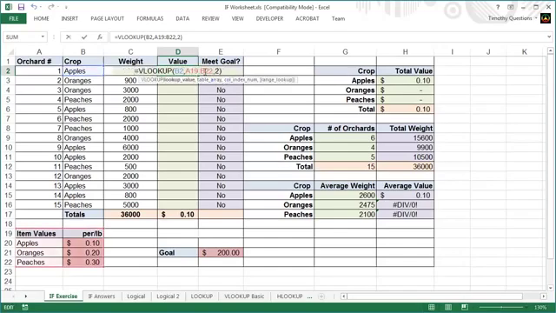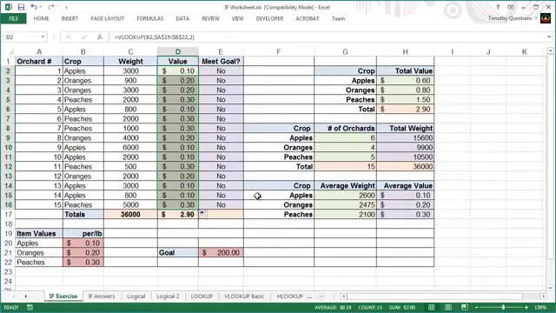And I actually can't autofill this down because this needs to be an absolute reference. We don't want it to update. So I'm going to go ahead and add in the dollar signs there. And that shortcut, by the way, is F4. If you highlight a reference and press F4, it'll put the dollar signs in for you. And then I can go ahead and drag that down, and you can see it put the appropriate value that it looked up